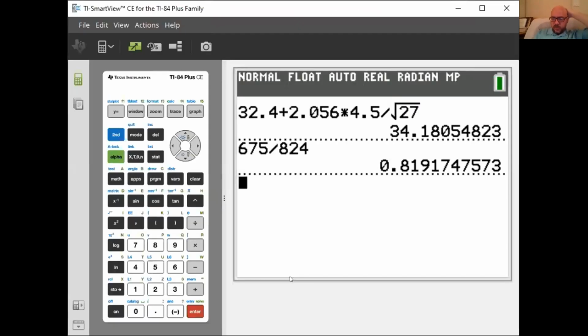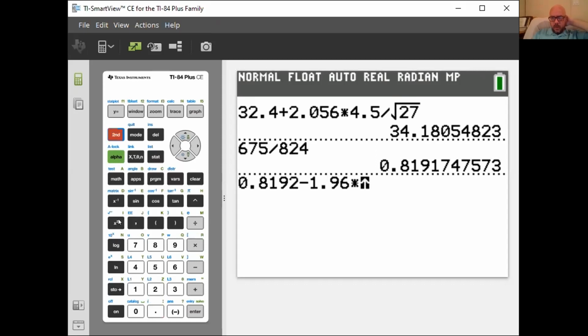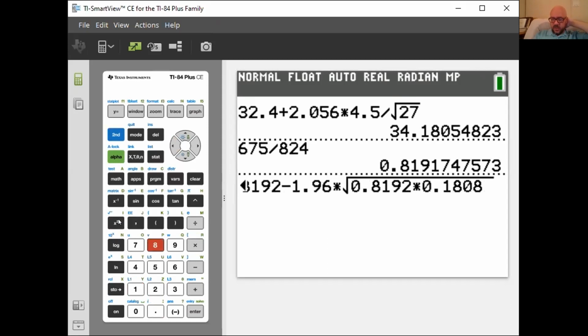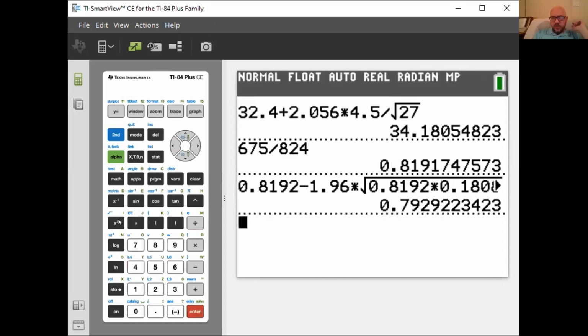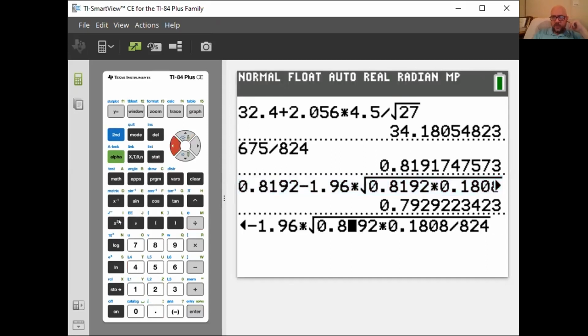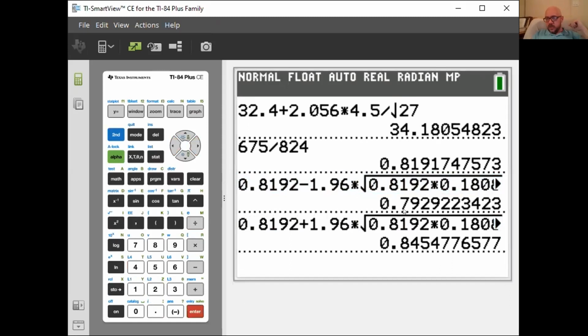So I'm going to have 0.8192 minus 1.96 times the square root of 0.8192 times 0.1808 divided by the sample size, 824. And this is another one where you can see why you might want to not have to retype this and just be able to make that a plus. All right, so we got